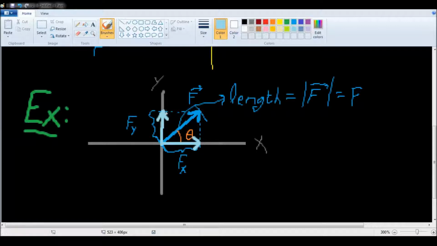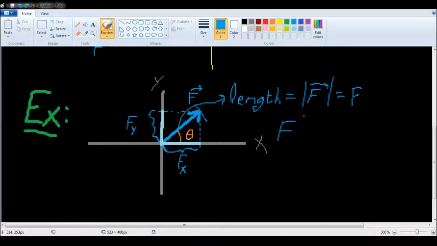However, they themselves are not vector quantities. So actually, that's a misnomer there. They themselves are not vector quantities. However, they are pieces of a vector. So another way that we can write this is by saying that f, our vector f,